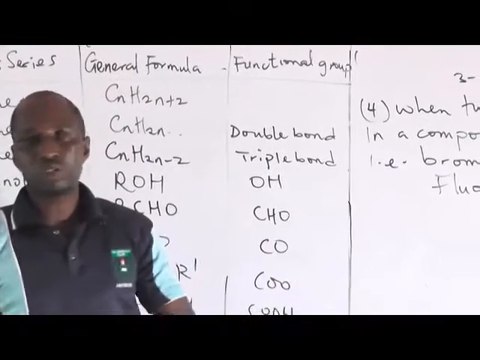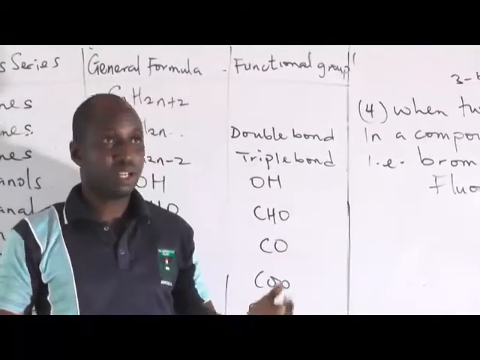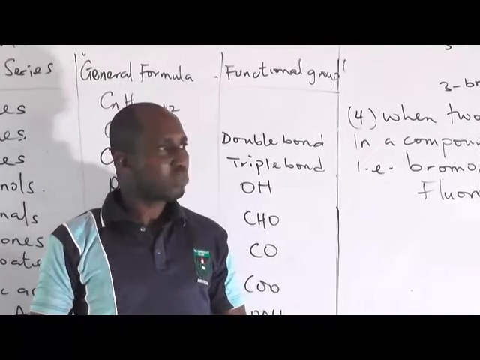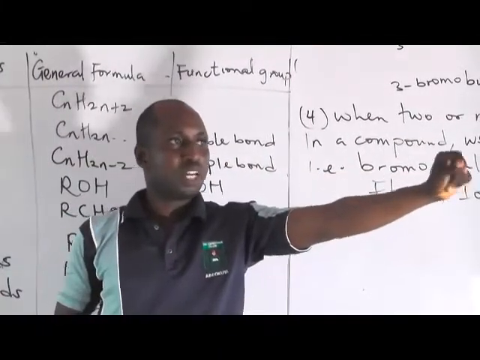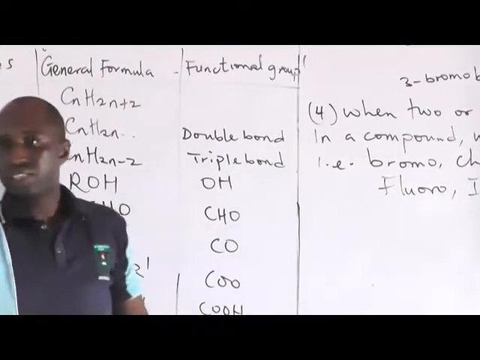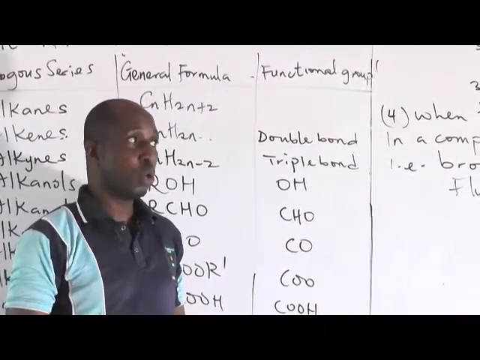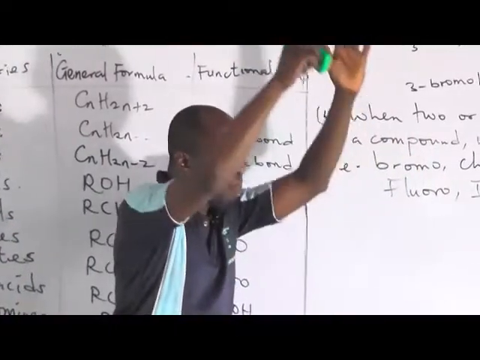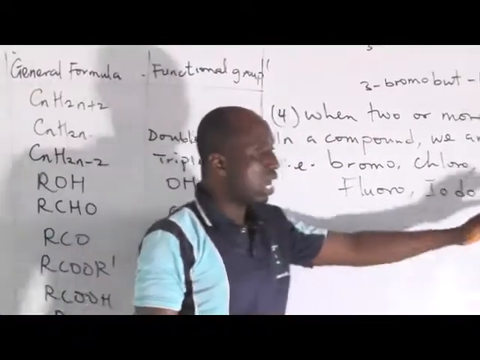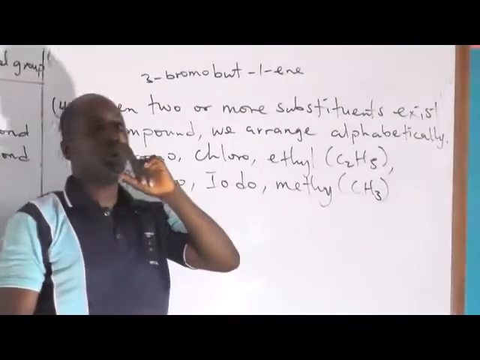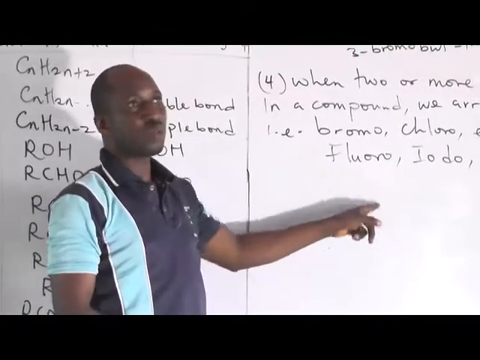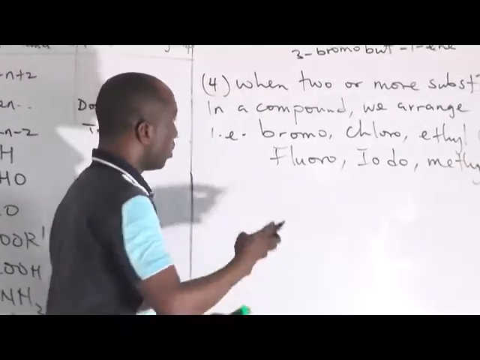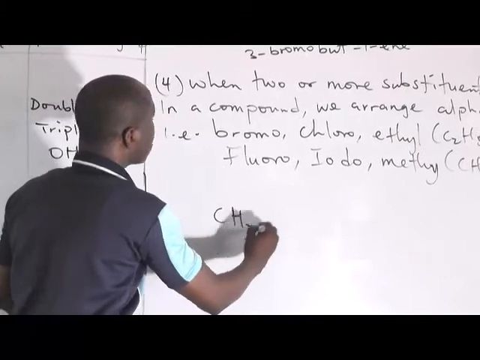So, it's just like the same thing. All of you are in SS3, and then you want to write WAEC, external examination. They are not going to arrange you by your performance. This boy is the best student in the class, he must be number 1. This girl is the second best student in the class, she must be number 2. No, we are going to arrange you alphabetically. Maybe Adewale, Bangoshe will be number 1. So we are going to arrange alphabetically. That's what is happening here. For example now, look at this. You have to name this compound.